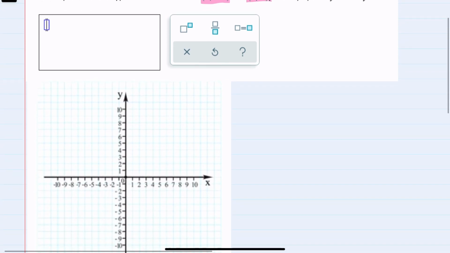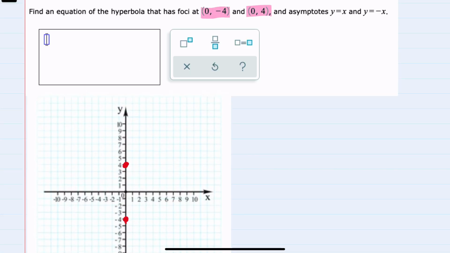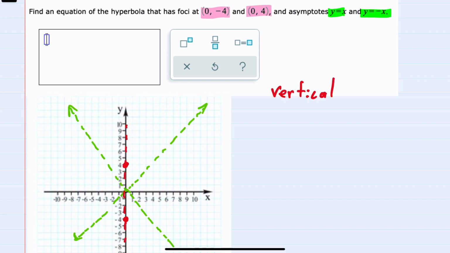Graphing those, I can see we have one focus here, the other focus here, and our asymptotes are y equals x and y equals -x. That gives us both asymptotes. And before I start finding the equation, I want to be able to identify which way this hyperbola is opening. And since the foci are up and down, and they are on the transverse axis, we have a vertical transverse